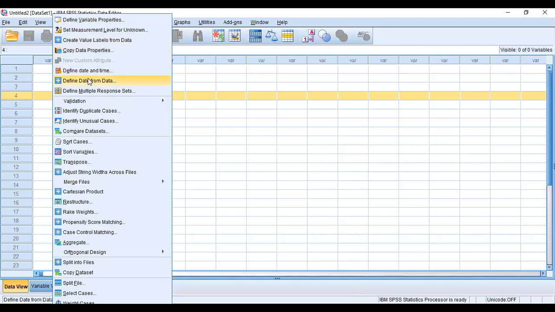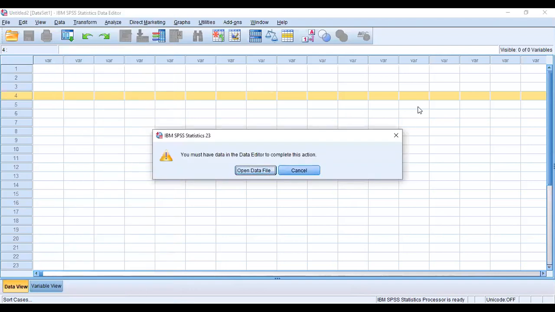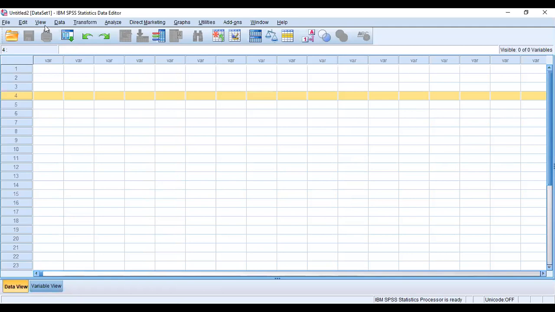I have also told you that data can be organized in ascending and descending order. We can sort the cases in ascending and descending order. When I explain with a question or problem, at that time I will explain it.